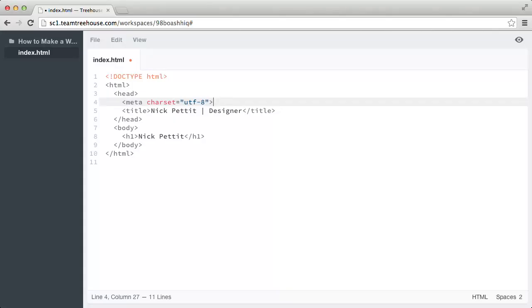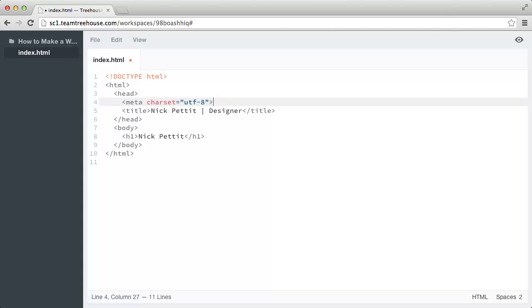Inside of this meta tag, you'll notice we've used some new syntax. We have a word followed by an equal sign, which is then followed by a value wrapped in double quotes. This is called an attribute. Attributes are extra information inside of an HTML tag that provides key information to the browser about how the page is built. We'll learn more about how to use attributes on many other elements, but for now, let's focus on